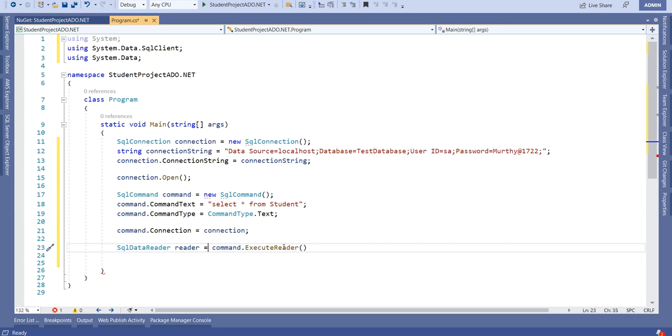Once this execute reader is fired, in this reader object, we have a method called read. That method will read the records one by one, row by row. So let us execute that read method, and that read method will return either true or false.